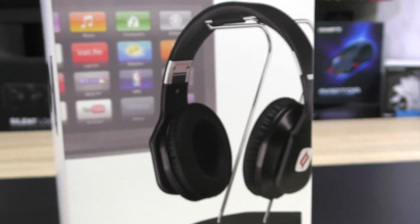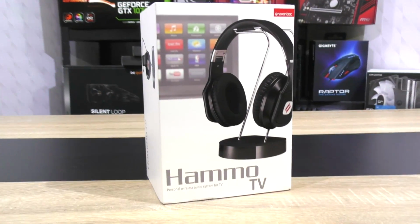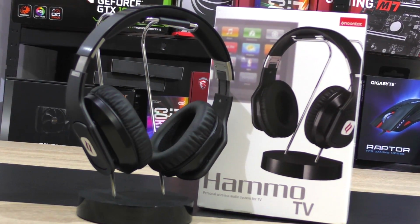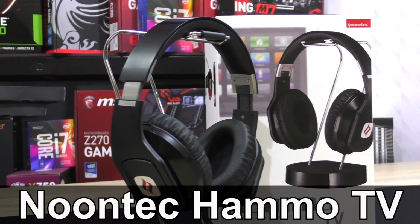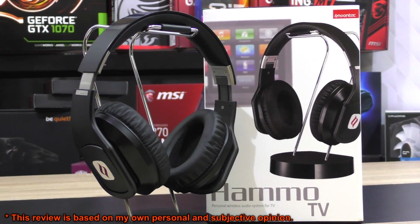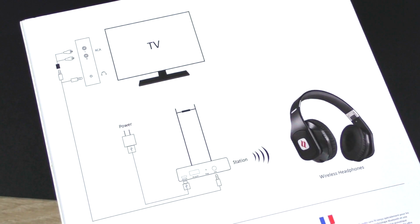Have you ever wanted to watch TV with headphones all wirelessly? Well, it may not be a surprise to you, headphones like these exist, but a difficult part is choosing the right ones. With this review of the Noontec Hammo TV headphones, specifically designed for TV sets, I'm here to help you out a bit. At least on paper, the Hammo TV seems to be a decent choice, but